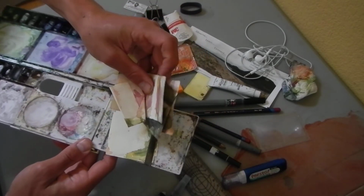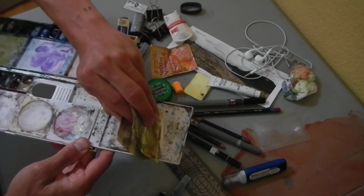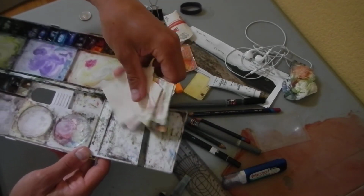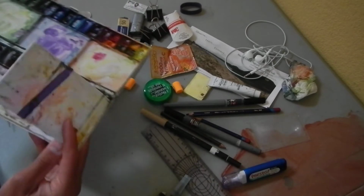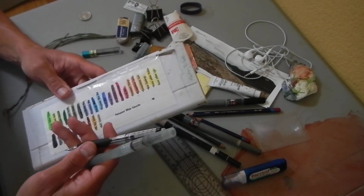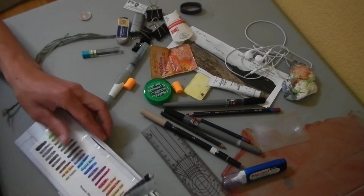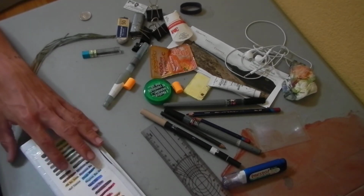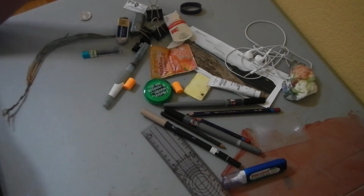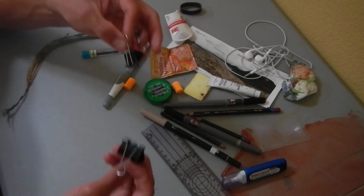Right now I need to obviously change this out and probably clean my palette a little bit, but putting in some thick watercolor paper would be good there. But those are the basic things, these are the three things that I use the most as far as drawing tools go. And then besides drawing tools, the most important things for me lately have been